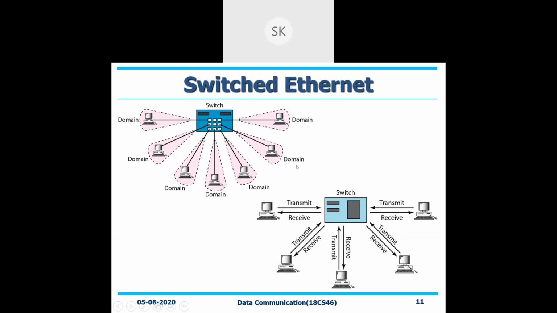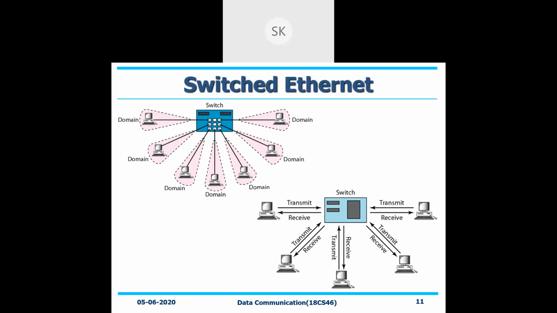We have one more concept under switched Ethernet called full duplex switched Ethernet. What do you mean by full duplex switched Ethernet? Once you say full duplex, at that time you need to transmit as well as receive. Both things, two wires, two virtual lines need to be connected from your end system to the switch that you are connecting with. That is nothing but your full duplex switched network. That's all. See here, transmit followed by receive, transmit followed by receive. So it will be available with respect to the Ethernet that you're choosing.